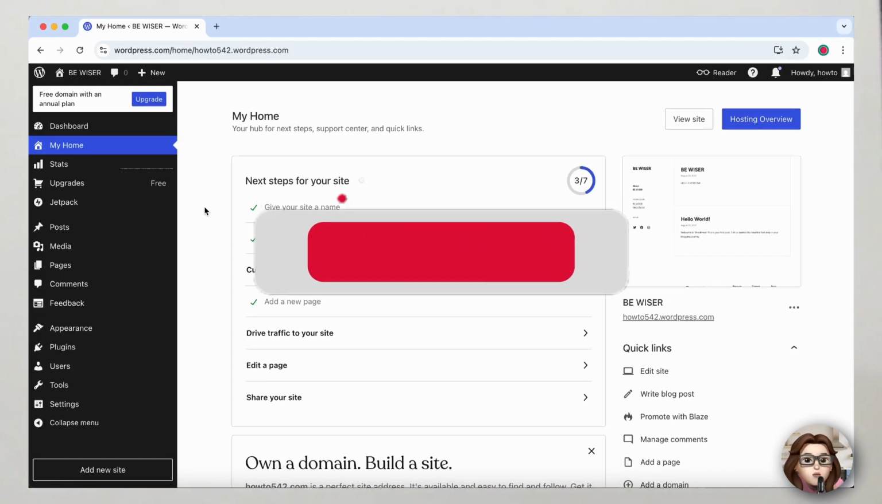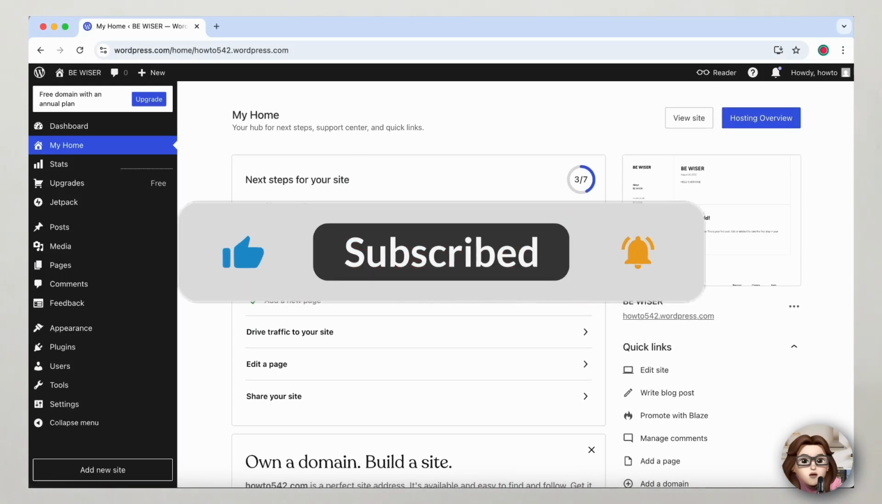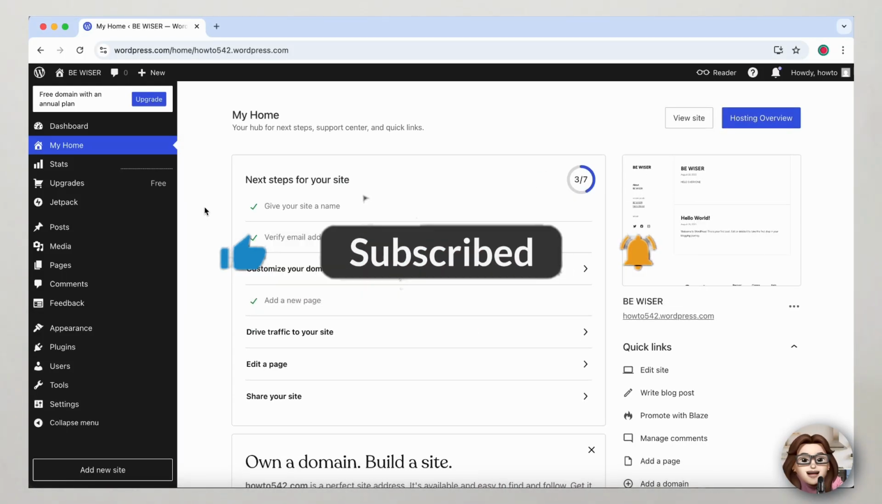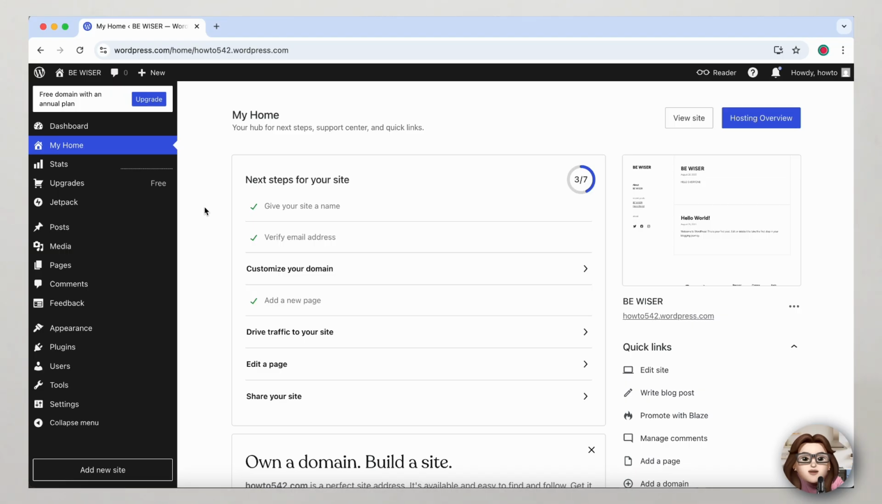In today's video, I'm going to show you how to hide the WordPress admin bar. If the bar distracts you while viewing your site as an admin, this quick tweak will give you a cleaner